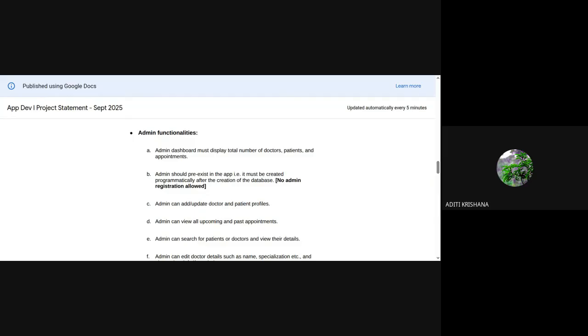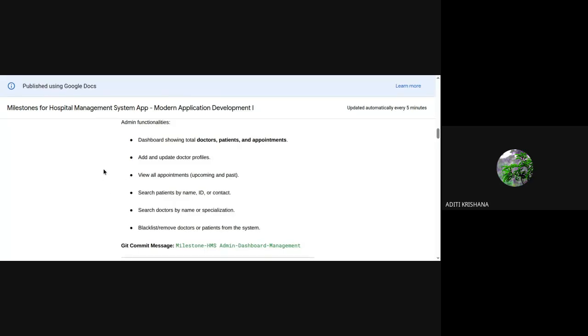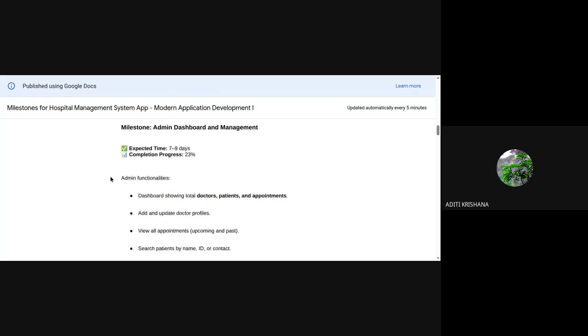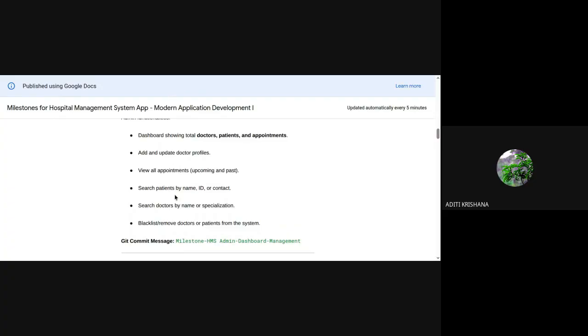If someone has not done it, you can just listen to me and try to complete it as soon as possible. Then admin was able to create and update the doctor, right? This thing is not needed. Admin cannot update the patient profile. This is not mentioned in your milestone doc either. In the third milestone, it is not written anywhere that it can update the patient profile. It can search for a patient. This is the milestone doc I have changed.